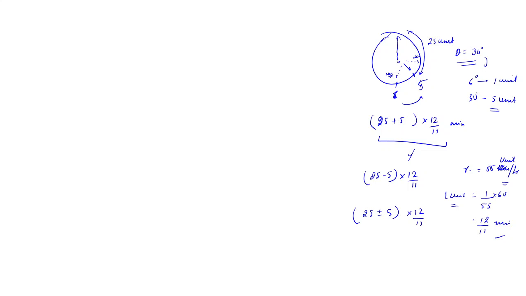25 is what here? Here it is 5 into t, where t means at 5 o'clock. We are seeing 5t plus minus 5. This 5 is in terms of the requirement. The need is 30 degree. 30 degree means what? Theta upon 6, we can say. Why theta upon 6? Because 1 unit means 6 degree.